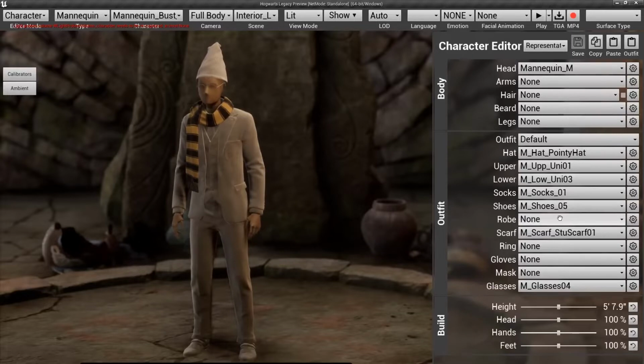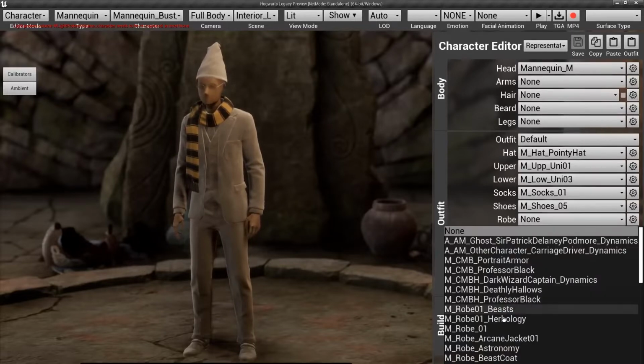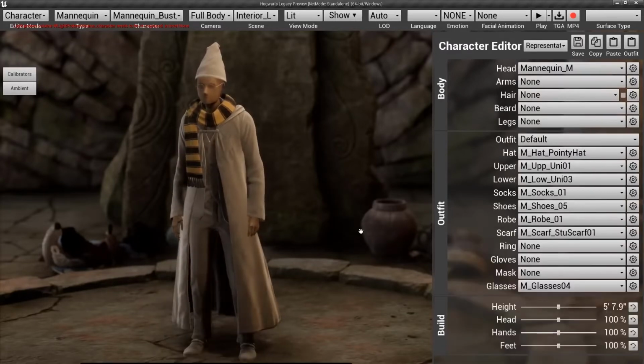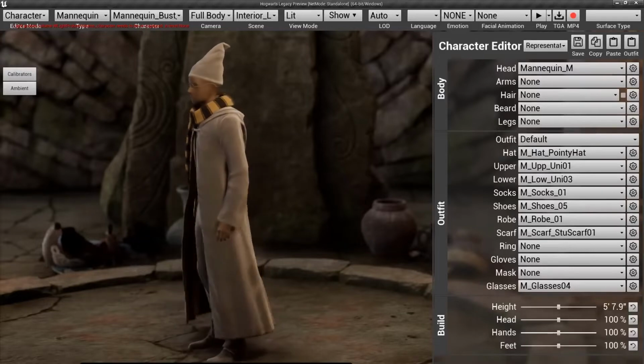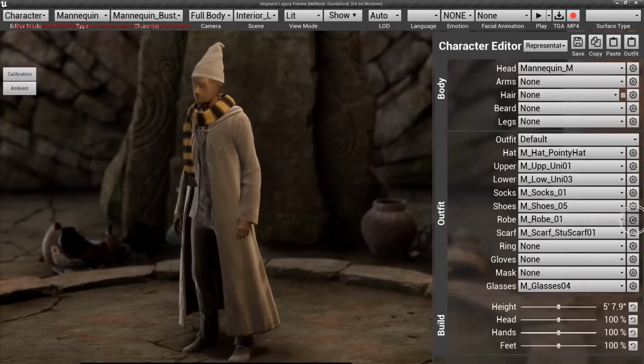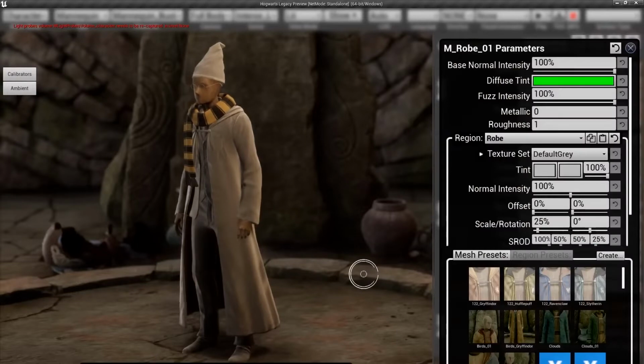If we wanted to add a robe, we could just go to the robe slot and choose any one of the large number of robes that we've got. And there you go, we've got a robe. You can see that we've already got a material assigned to the scarf. If I wanted to assign or build a material for the robe, it has already been set up with different alpha